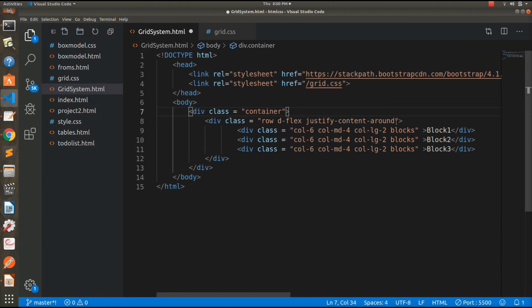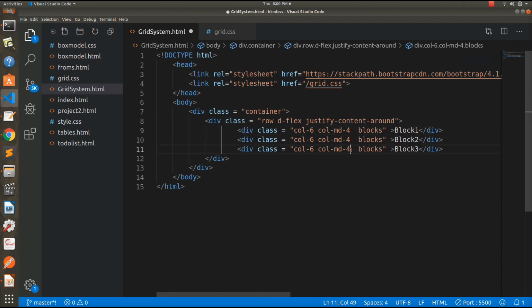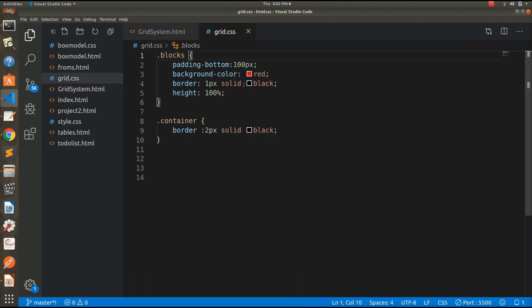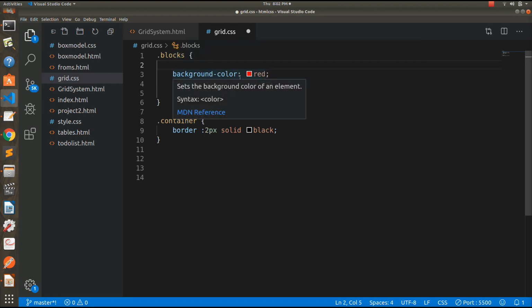Now let's make changes to the columns. First of all, I will remove this part here, because this part, column medium 4, would give the required size when the size is large also. Also, let's make changes to our CSS file, because earlier we had given padding here. We have to remove that to see the changes in columns, because columns should acquire the height of the rows, and that is very little. So any change would not be seen.